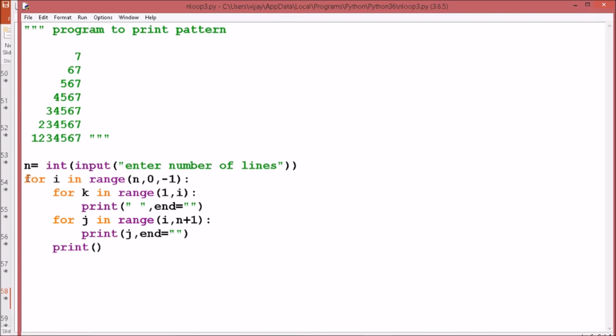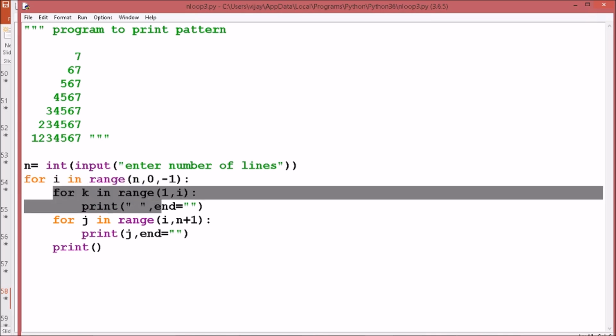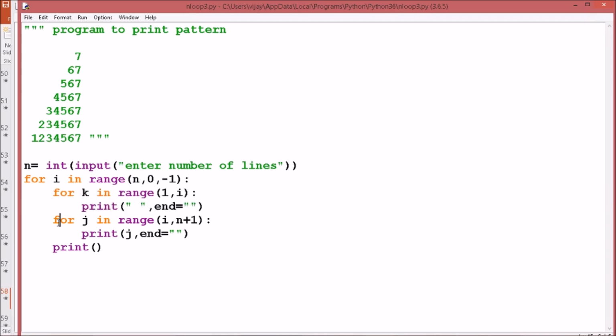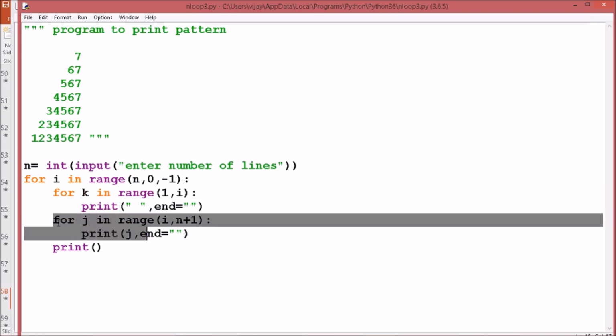So within the outer for loop I am going to write a for loop with j for leaving the spaces, and another for loop which will change the values to be printed.